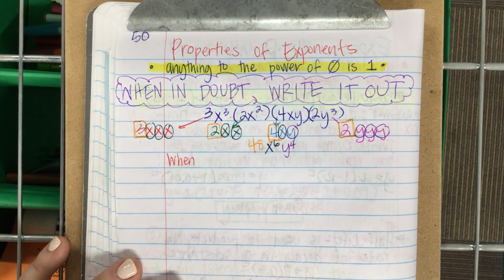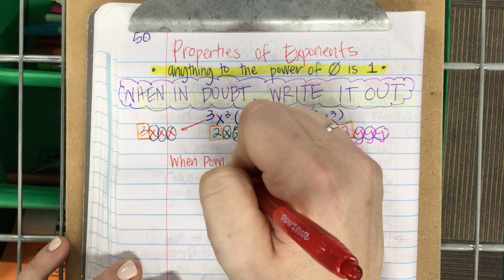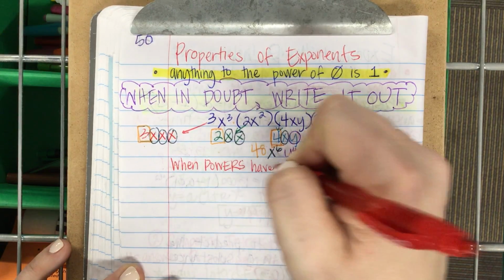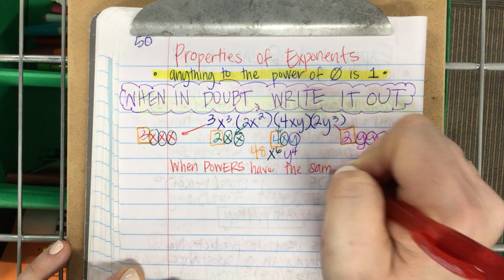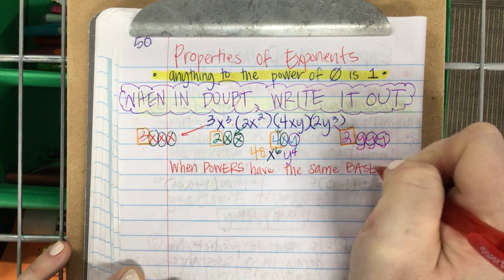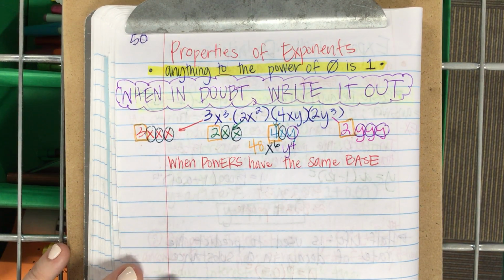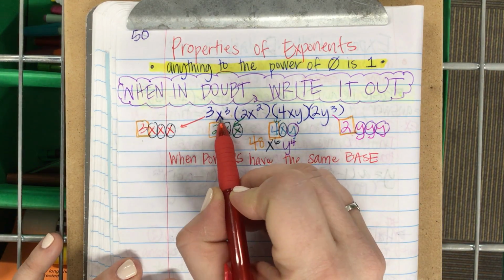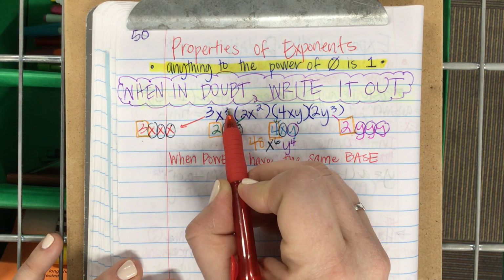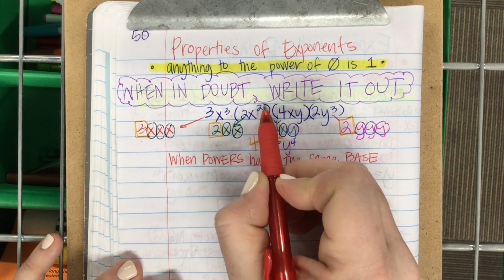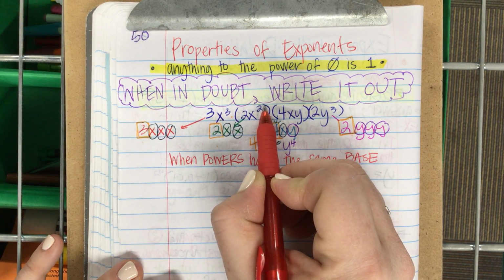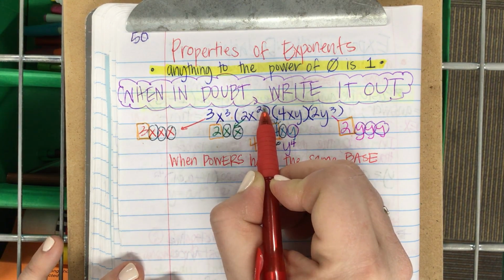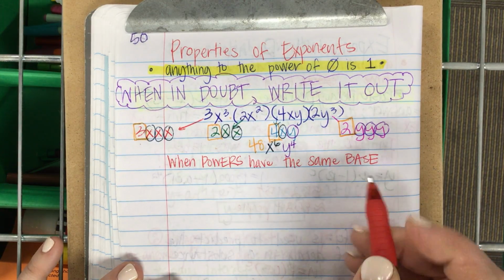So here's the rule. Here's the shortcut. When powers, another word for exponents, have the same base. What's the base of a power? The number. So like here it's x, right? Here it's x. Could a number be a base to an exponent? Yeah. Or it could be a variable. When powers have the same base,